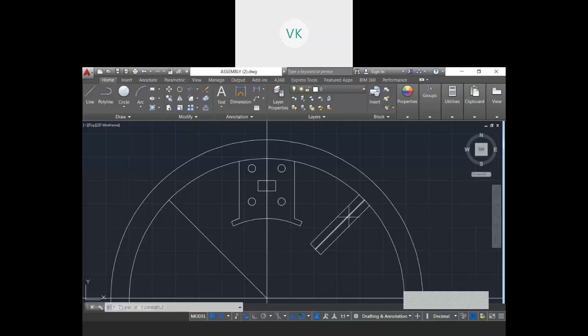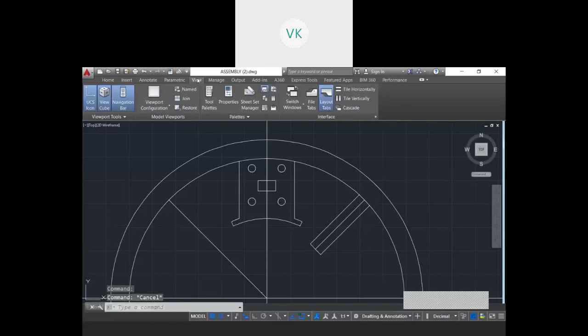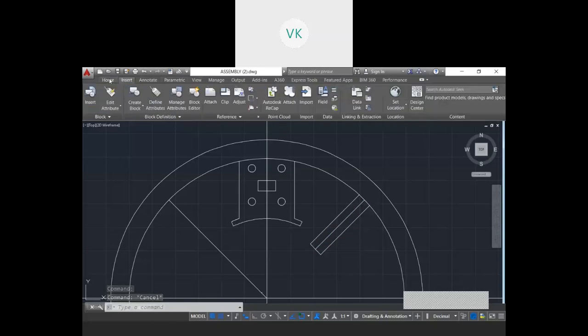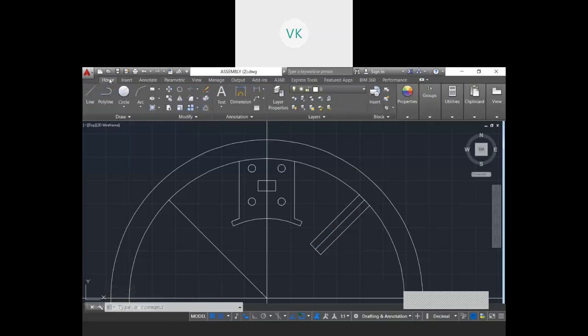So before that, I will do these dotted lines. So we will remove this. And we require a slot for this also, and both the radius.